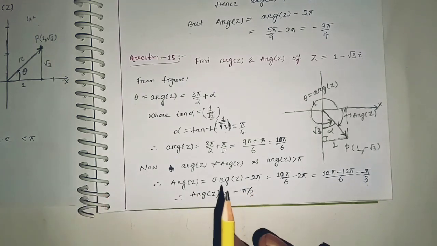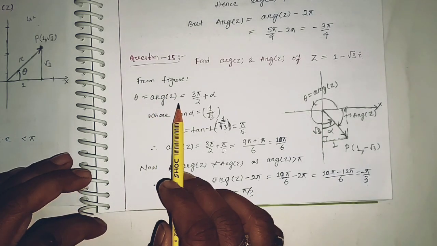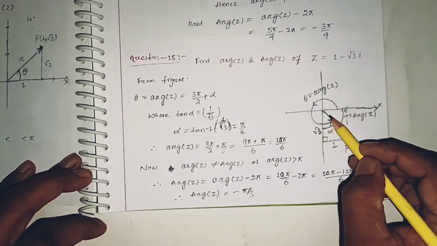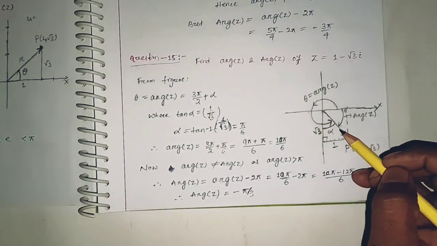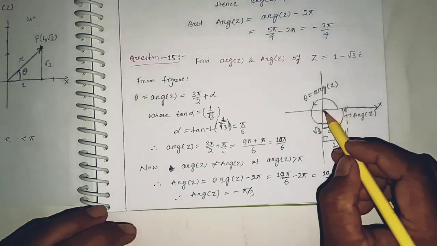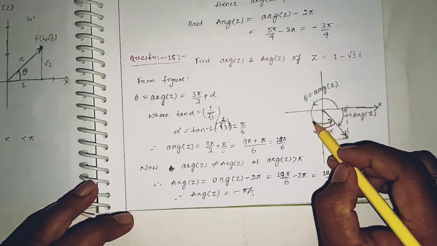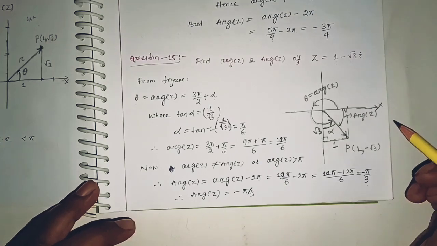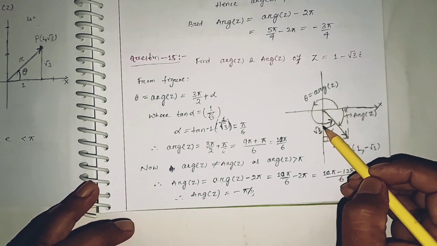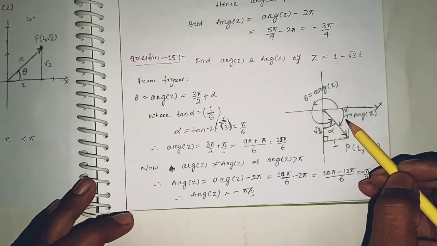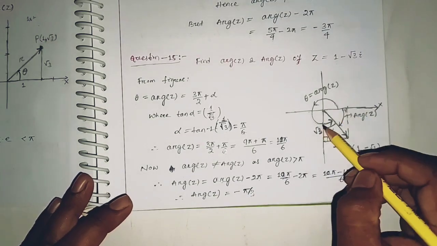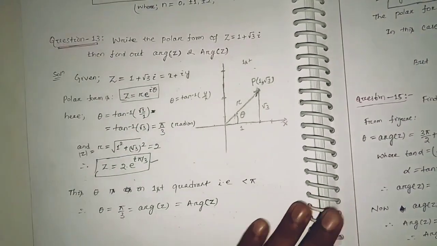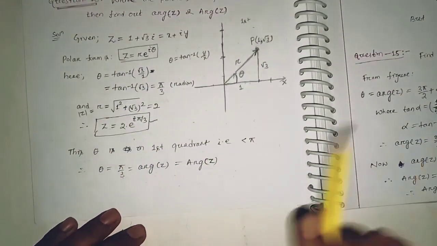So again and again I am going to tell you, first you have to find out the argument of z, that means the entire angle made by the given complex number with the positive real axis. For this case, this angle is your argument of z. Then you have to find the principal argument. If that angle is between minus pi to pi, or less than pi, then the argument of z, in this first question, will be equal to the principal argument,